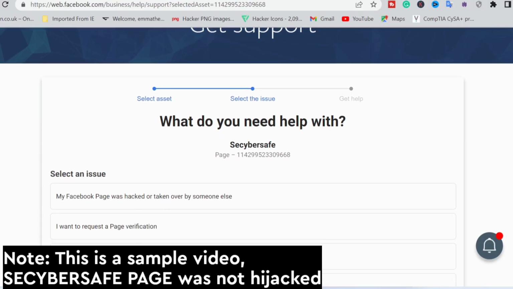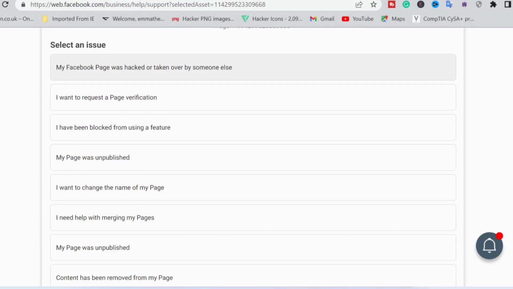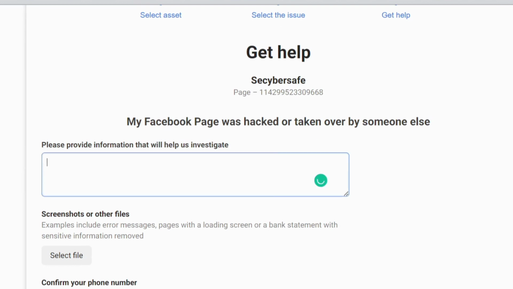When you click on it, it will bring you to the next page, where you are required to put in some details. You can see, "Please provide information that will help us investigate." I would advise you to write the exact words I wrote here. You can write it the way you see it here, or craft it whichever way you can. The reason I advise you to write it this way is because you have to write it in a way that if they see it, they would want to